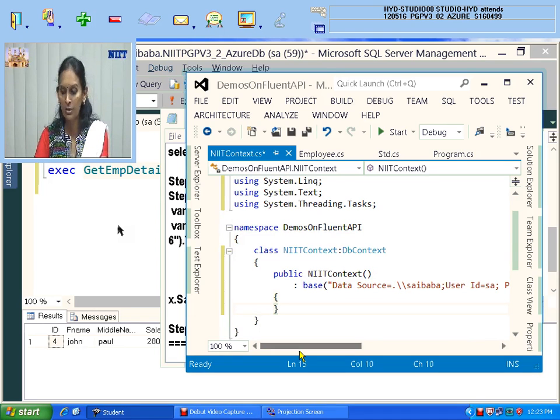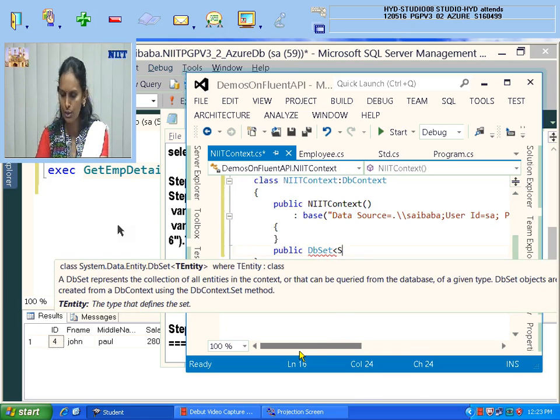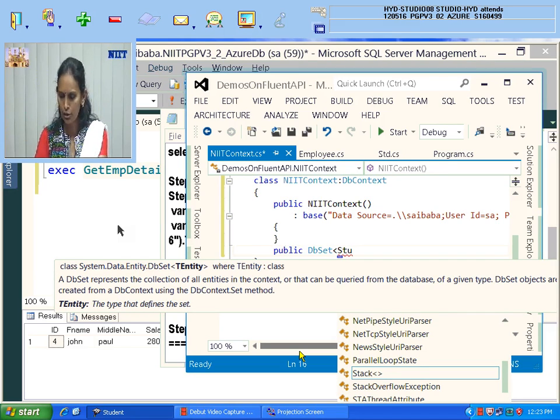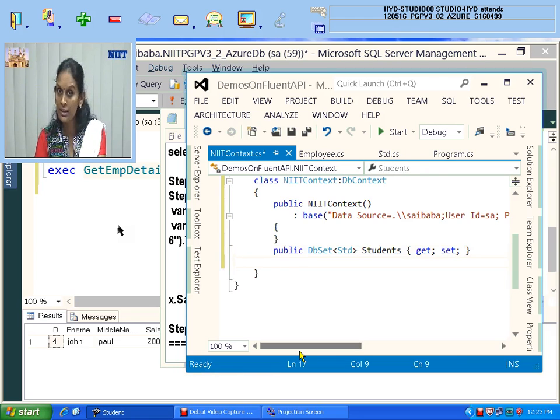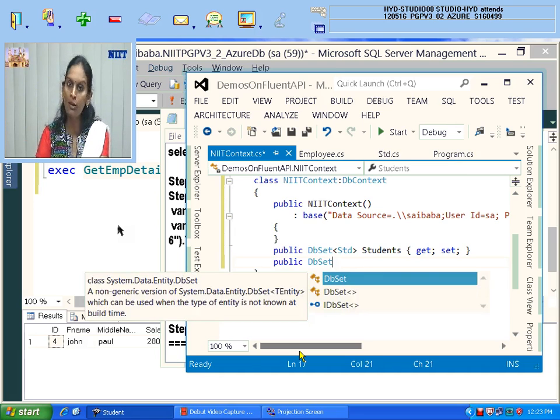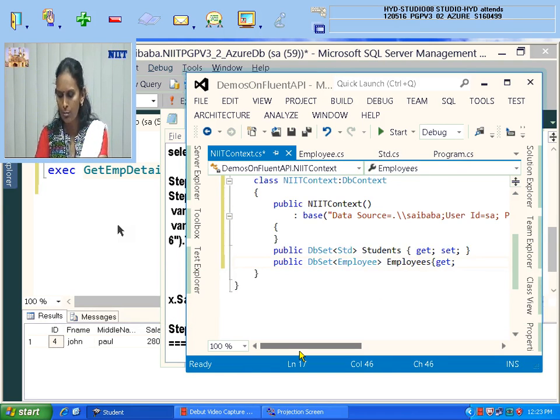Now two tables. So for two tables, public DbSet in the brackets Student, STD. You may give students, but even though you give students, the table name must be student details, and employees must be employee details. So how to do that, I am telling you. Instead of writing in the model classes, I am going to write here itself. So employees get set. But these are not finalized ones. Now I am telling you, all of you please check. I am increasing the size.